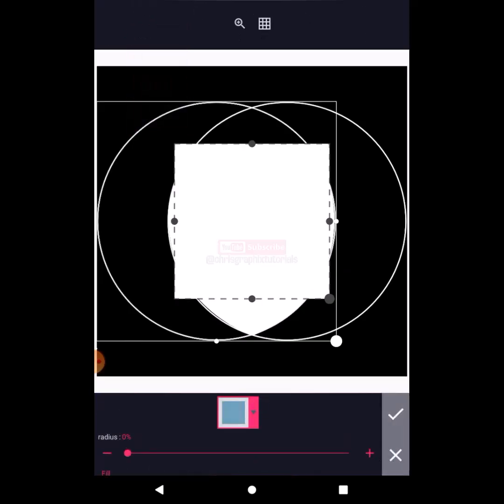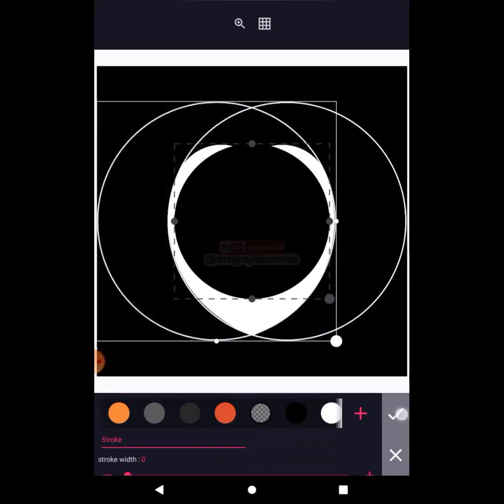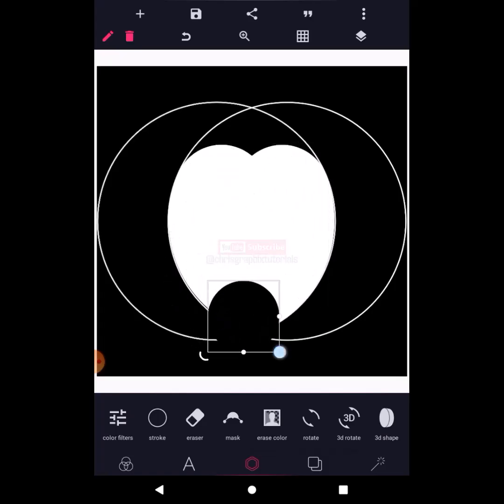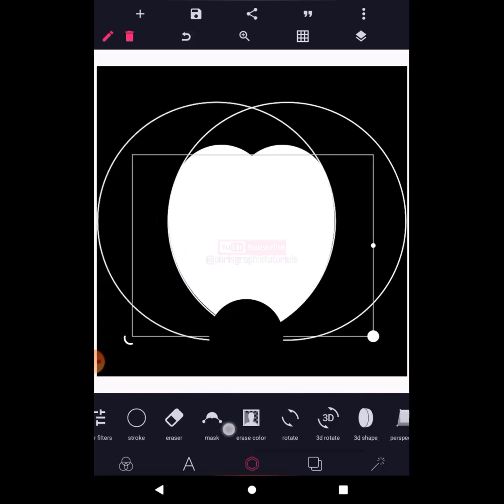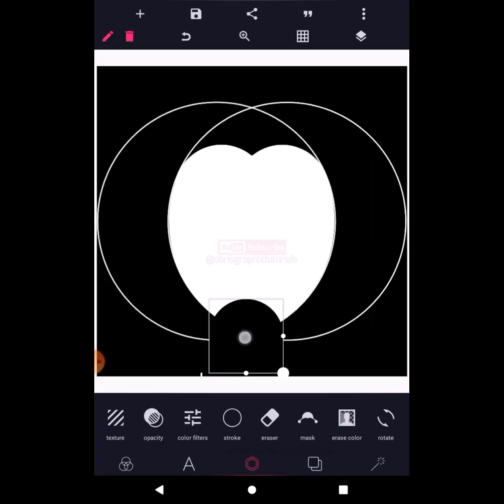So let's add another shape, and it's going to be a circle. So pick a circle, and then I'm going to change the color to black. It's okay, reduce it. Just be watching the sizes. Reduce it. I'm going to bring it to this place. And okay, this is still all right. So the black circle, I'm going to reduce. I think we need to reduce it a little bit,